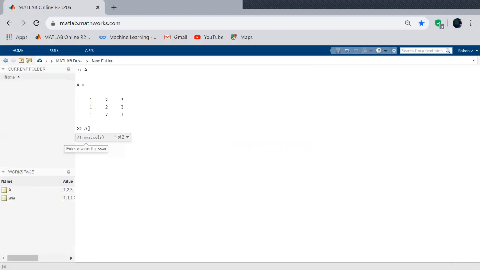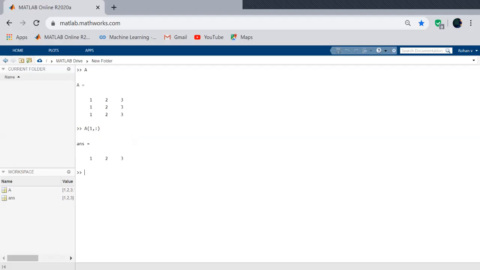You can see that there are two parameters, as I told you. The first parameter is the row and then the column. So to get the first row, you need to write this command, and then get all the columns. You should get 1 2 3. How this basically works is you're telling first row, and which column, all the columns. First row, all the columns. So 1 2 3.